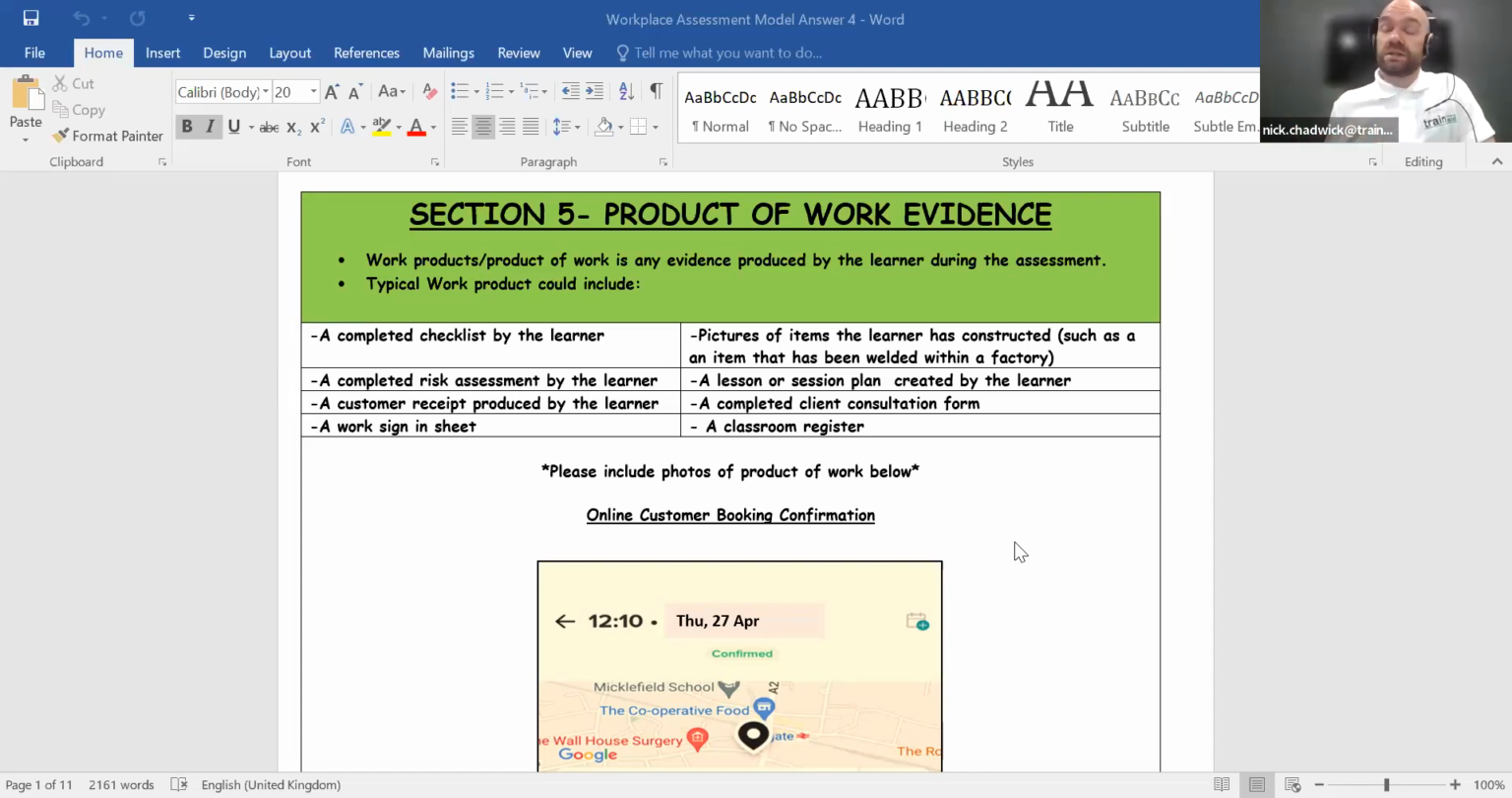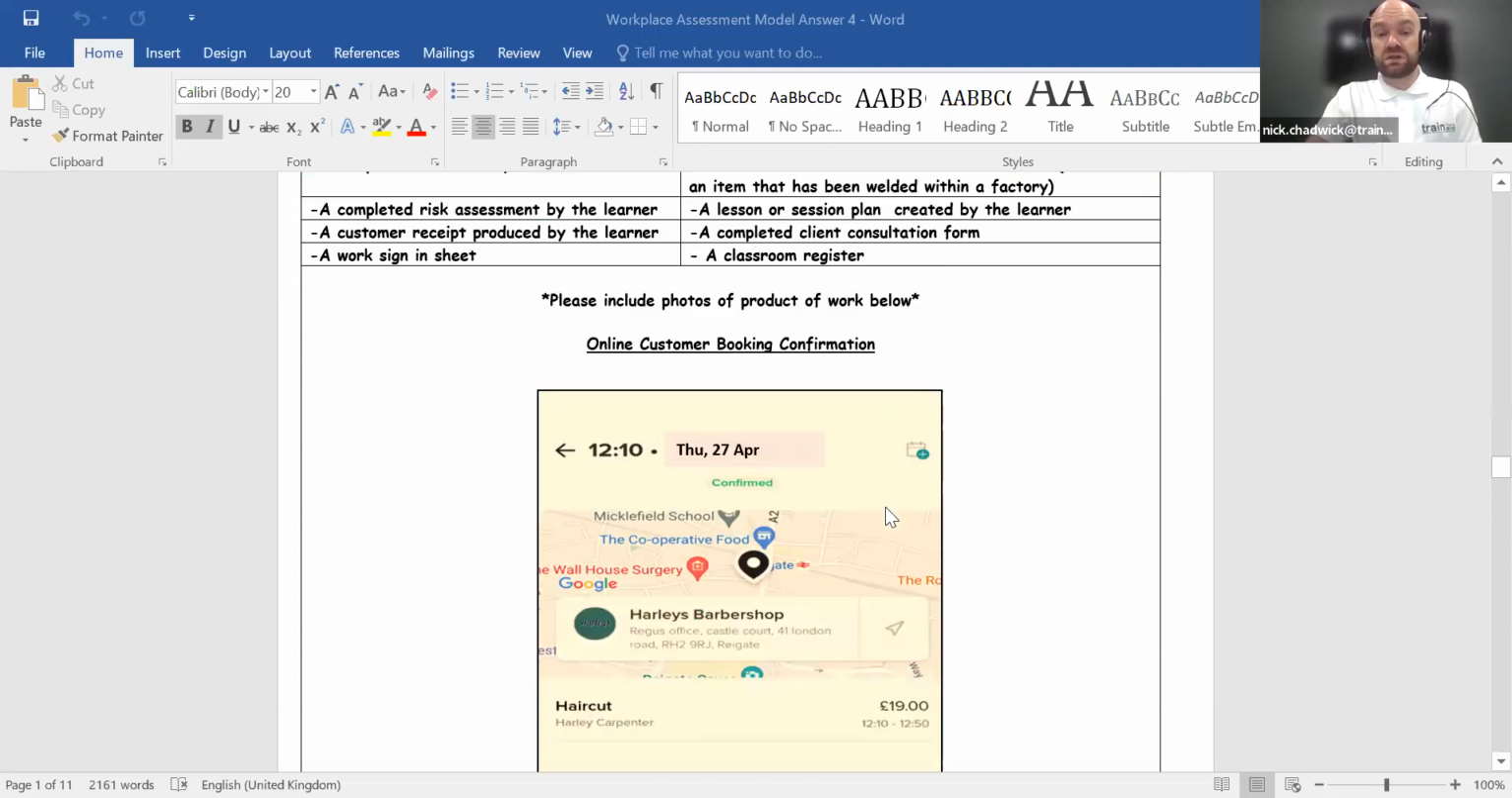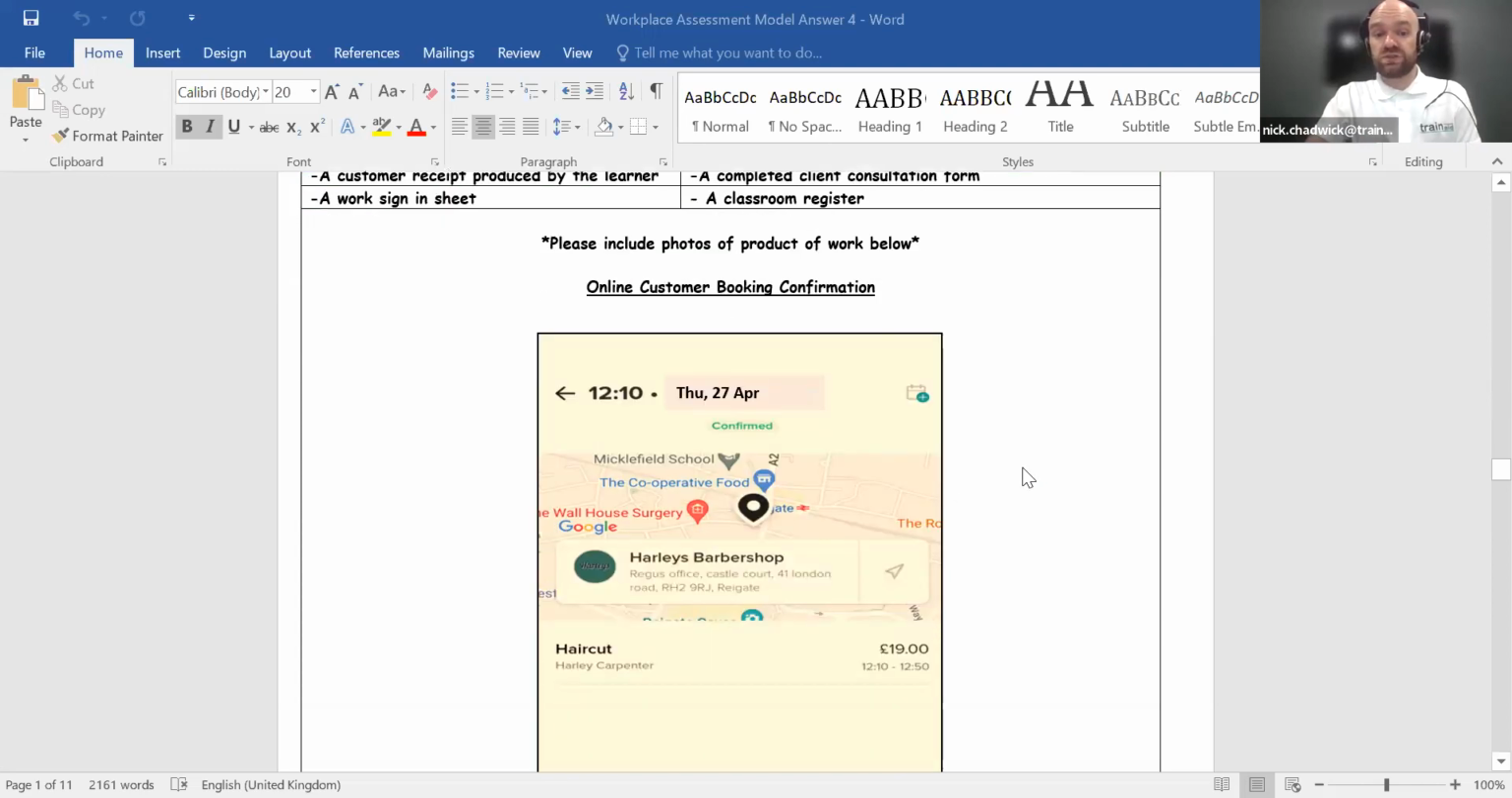It could even be pictures that have been created or constructed by the learner. So a haircut, for example, well, that is a product of work. A lesson or session plan created by the learner undertaking the assessment, that's a product of work. So think about product of work evidence which is relevant to your own assessment. So the product of work for this, it could be obviously the haircut which is produced by the learner, but